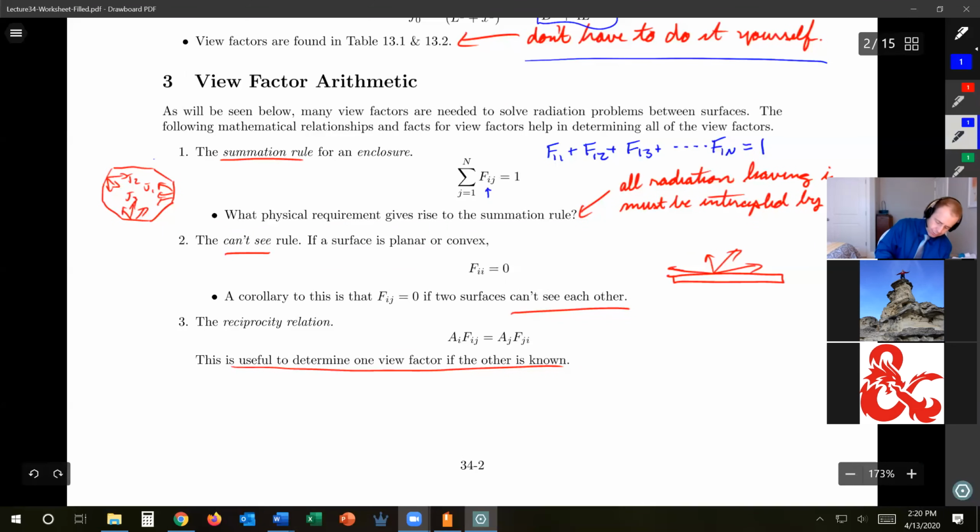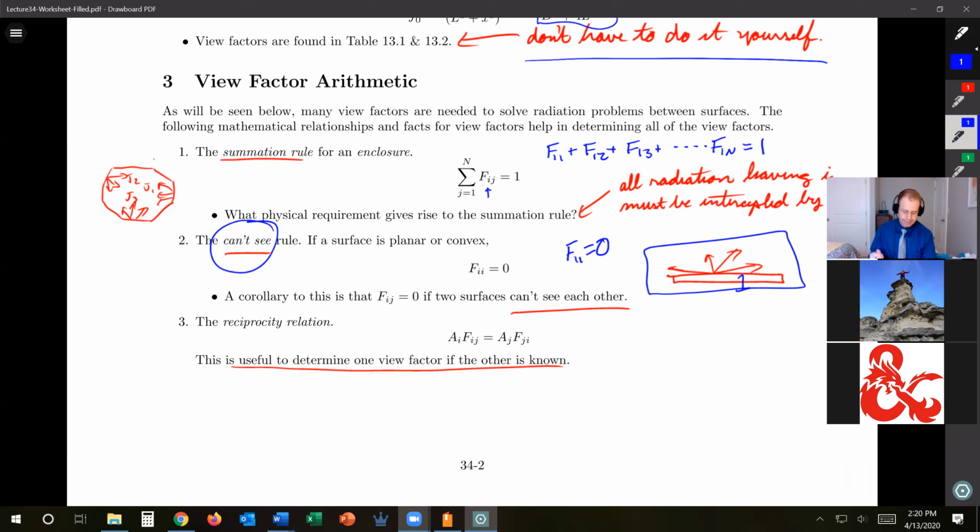The can't see rule: anything planar can't see itself. I kind of drew that out right here. So that means F11 equals 0 if I called this area 1. Anything planar can't see itself. And a corollary to this is, well,